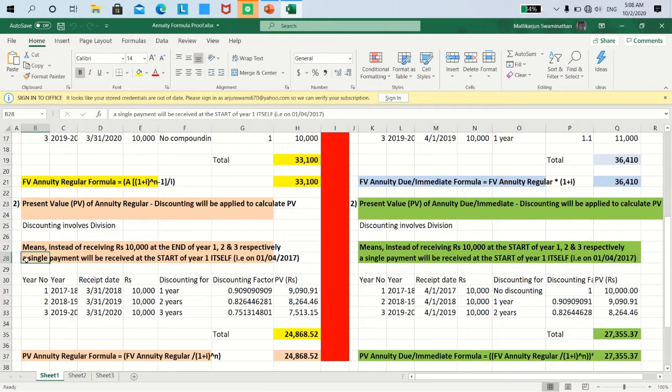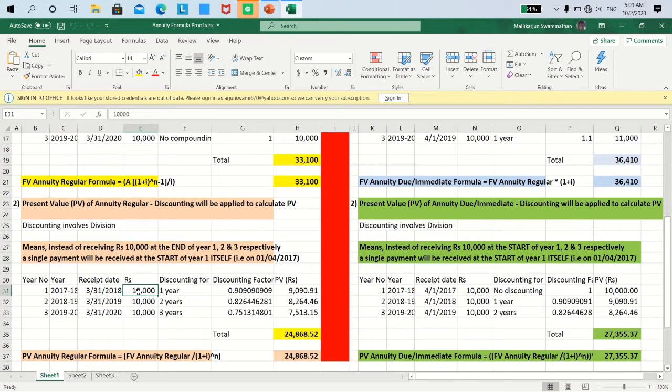So now I am asking Mr. X to pay the money to me in advance. In other words, do I benefit or Mr. X benefits? Obviously, I benefit because I'm getting the money in advance, correct? Hence, I will have to pass on this benefit to Mr. X, and therefore, I don't ask him to pay me the entire 30,000 today. On the other hand, conceptually, I have to ask him to pay me some amount of money as a single payment, which will certainly be lesser than the total of the three installments, which will be 30,000, correct?